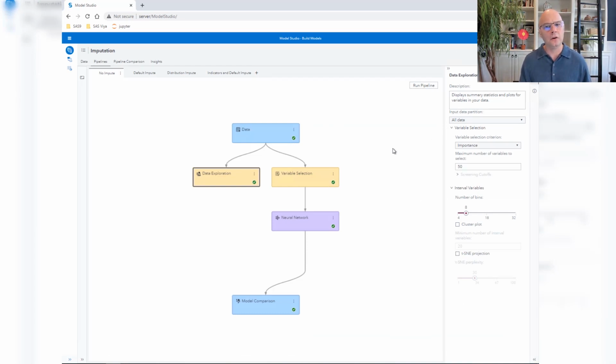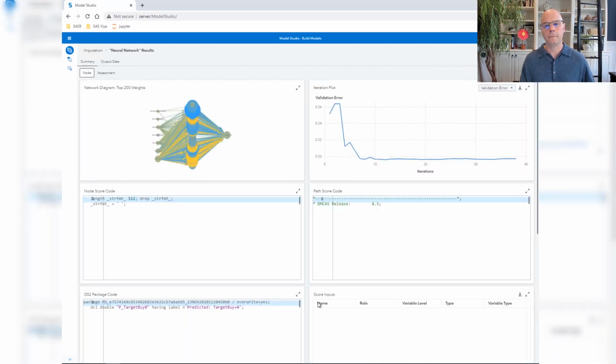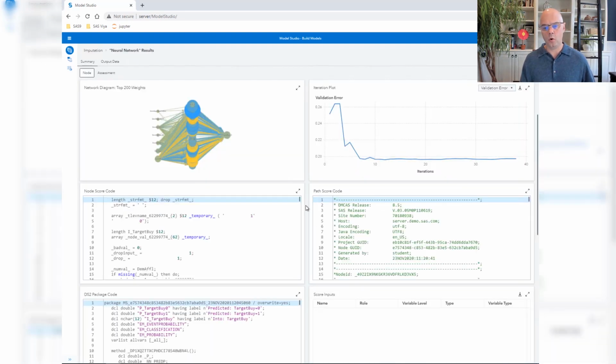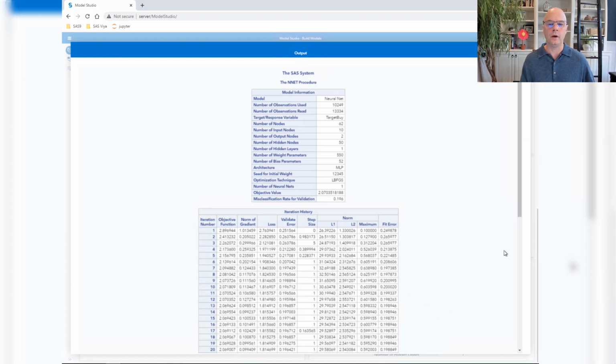Let me take a look at the neural network and see what has happened given that we didn't impute in this case. I'm not really interested in the results yet. Let me just see how many observations were used. The information that I want is going to be at the bottom of the results in a table called output. Let me maximize that window. It's showing us the output from the underlying procedure running for this model. And the key information that I want to point out is at the top under model information.